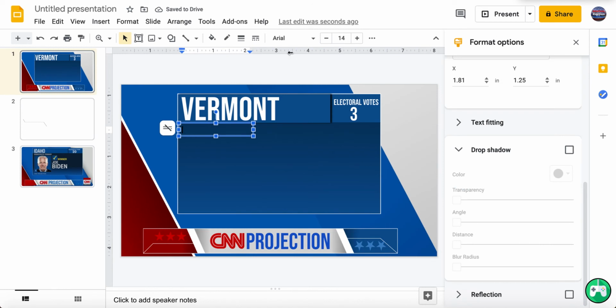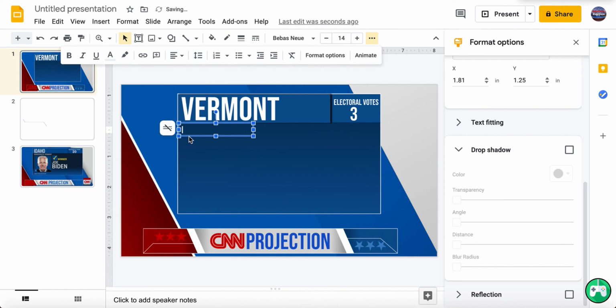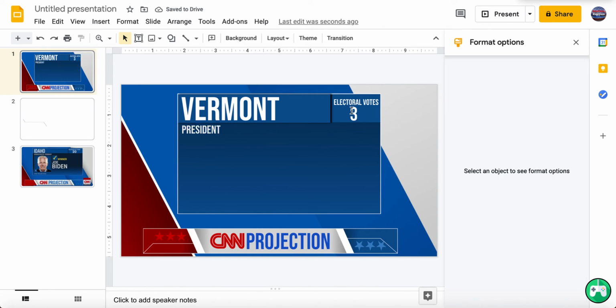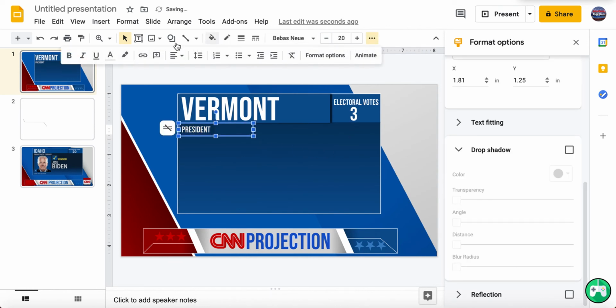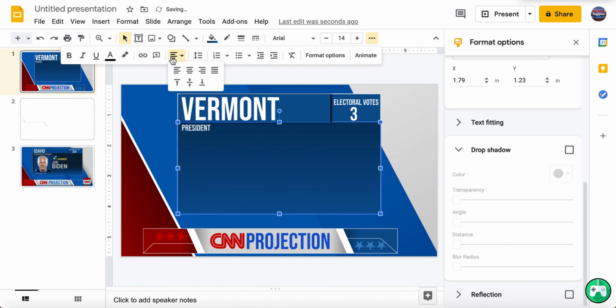Alright, so it's a gray, a light gray. We're going to type in president, since it's a presidential election. Unless you're doing a Senate election, then do Senate election. By the way, if you're doing one of those, you'd want to say hold, and then the hold thing, or the gain and the gain thing. It's too big. It's annoying how it does that. It's kind of annoying because I type that and, I don't know, whatever.